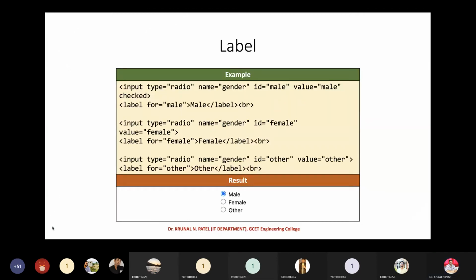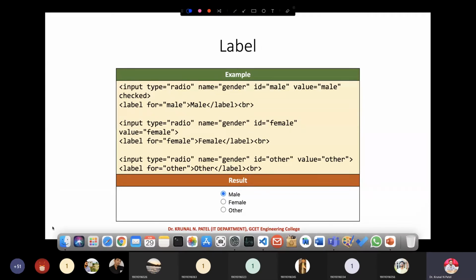So here you can see, guys, first of all we have input type radio. We have three radio buttons. How can you define radio buttons? Type equals to radio. Now name we have defined, and here the ID we are defining for radio. Remember this, it is male. And the value we are providing is value equals to male. So here you can see that this particular male radio button is created.